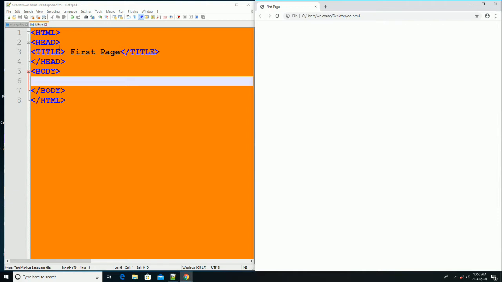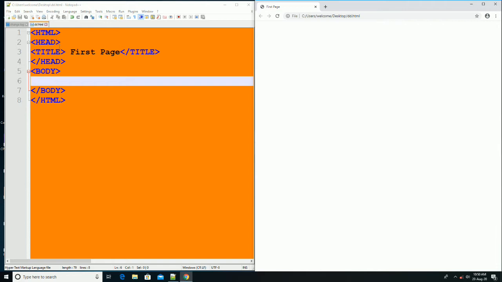So now let us see the HTML tags. This basically defines the document as a web page. It also identifies the beginning and the end of the HTML document. The head tag: the header contains information about the document that will not appear on the actual page, such as the title of the document, which appears in the title bar of the web page. So the head tag actually contains the information about the HTML document.